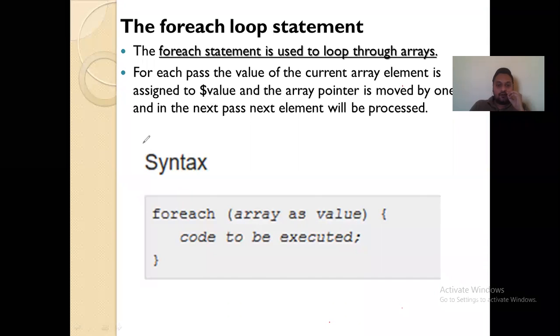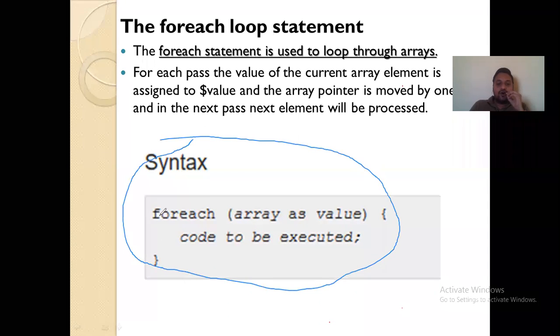how to write your foreach loop. This is very simple syntax, you can see here. Okay. So for foreach, this keyword we have to write first. Okay. And then in brackets you have to write the array name. Here this is syntax, so we have just written array, but when we are writing in a program we have to use the dollar symbol with the array name.